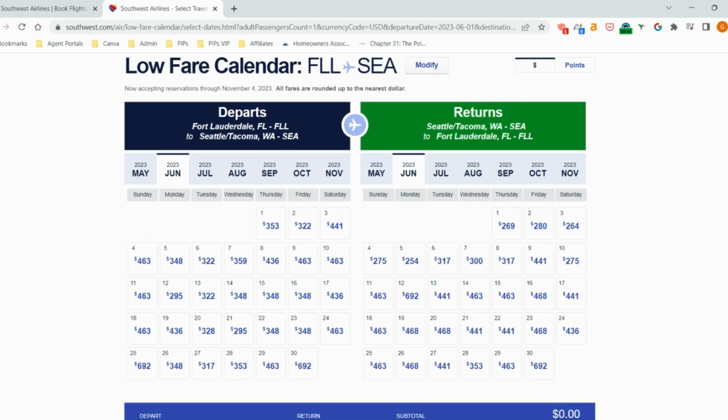Okay, so looks like we did the 4th. Looks like that's 463 one way. That's the thing about Southwest too. You got to keep in mind, Southwest prices their flights one way. So whenever you're looking at the pricing, it's only the one way. This is a good and bad thing. It's really good when it's super cheap